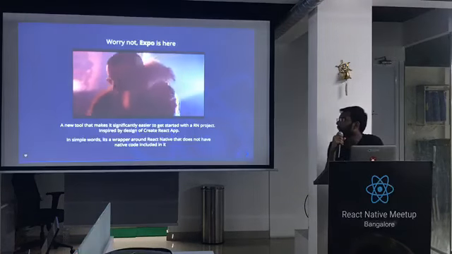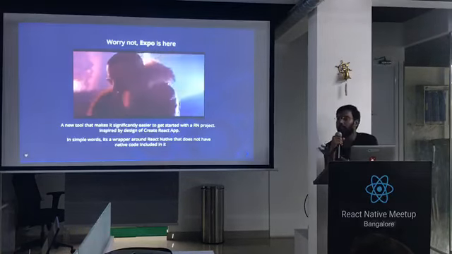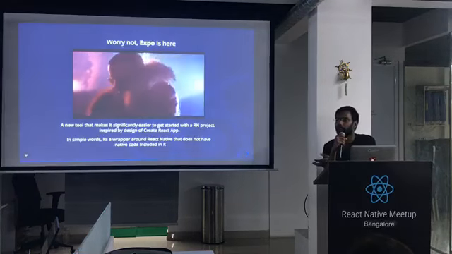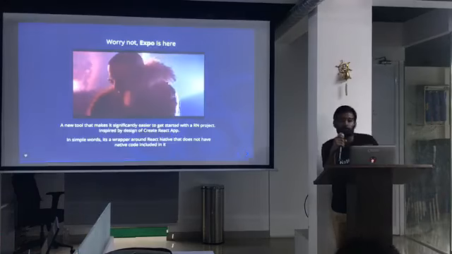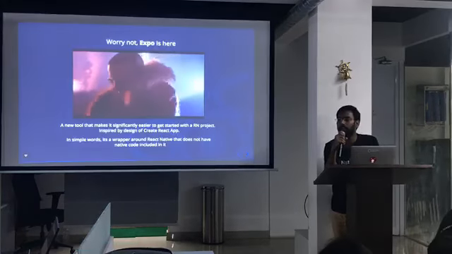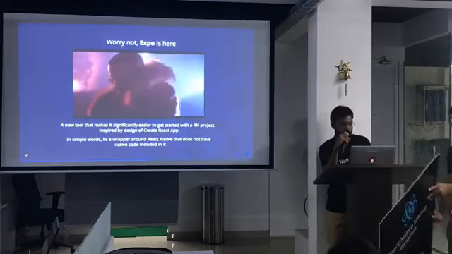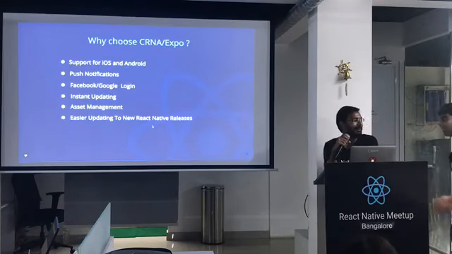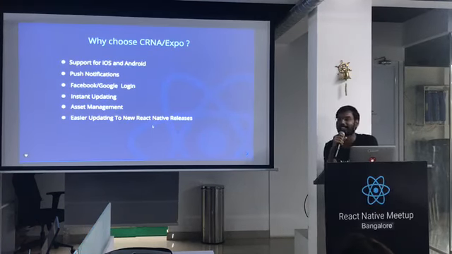So the best part is that Expo has come up with Facebook, and they have something called CRNA, Create React Native App. And it's awesome. Most of the things that you need to do in React Native have been simplified to just 2 lines of code. Then you can save your time writing React Native. Not a good sign. But you can use CRNA, I guess.